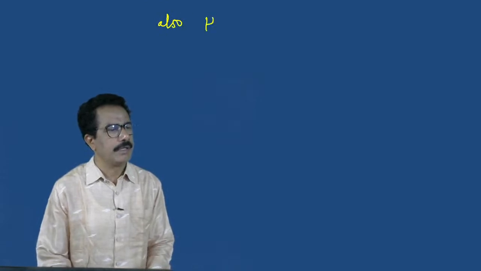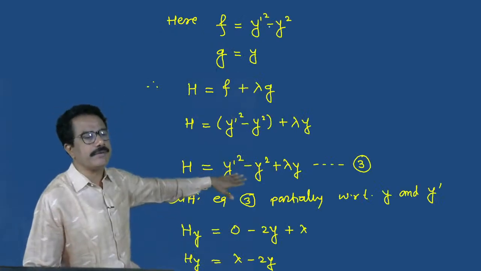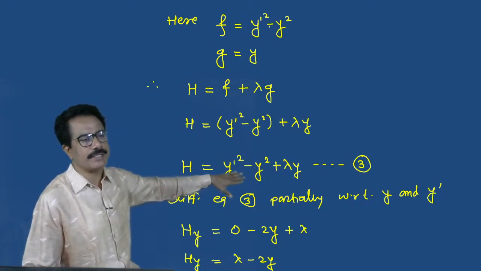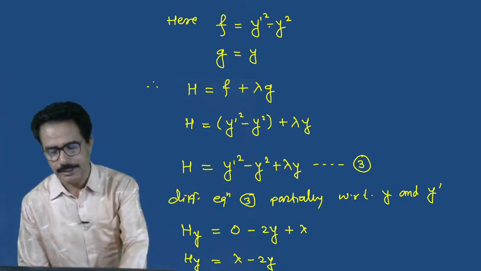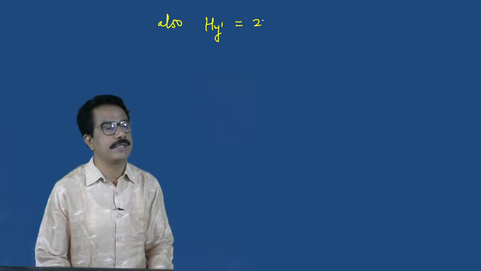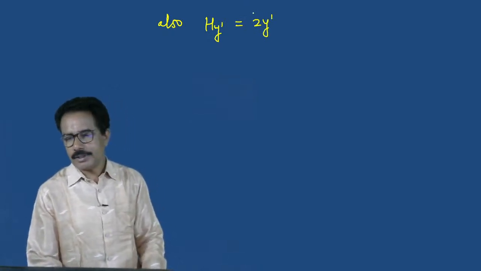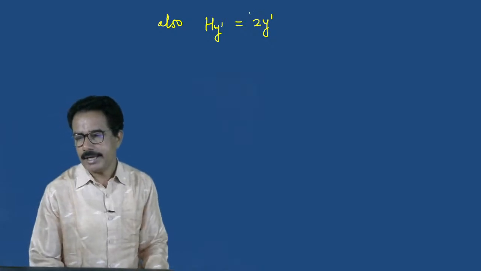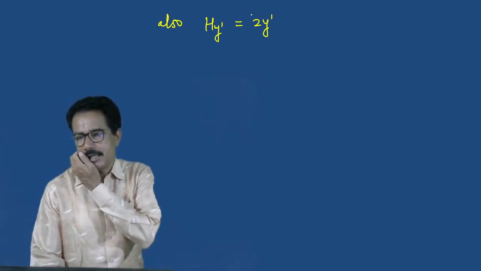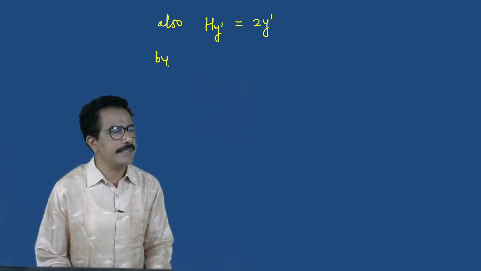Also h_y dash equals, again we have to take the partial derivative with respect to y dash of equation 3. So h_y dash will be the derivative of 2y dash square. What is the derivative of y dash square? It is 2y dash. Okay, very good. Bhagyashree Devke, Anita Rajmane, only the two of you gave the answer? Mohini Nade, very good. So now by Euler's equation,